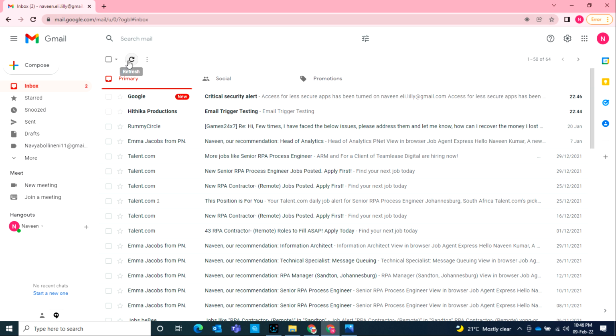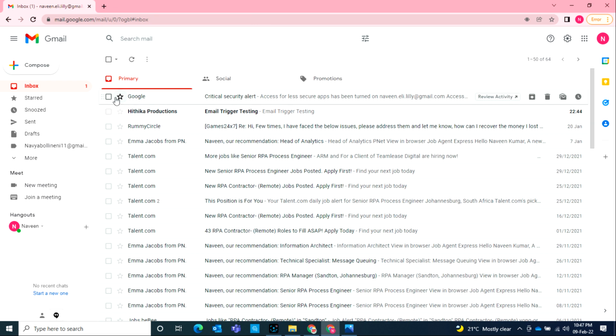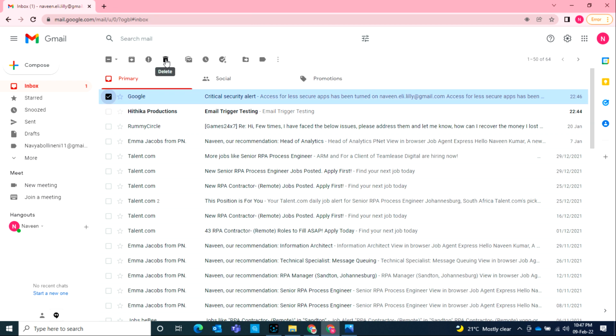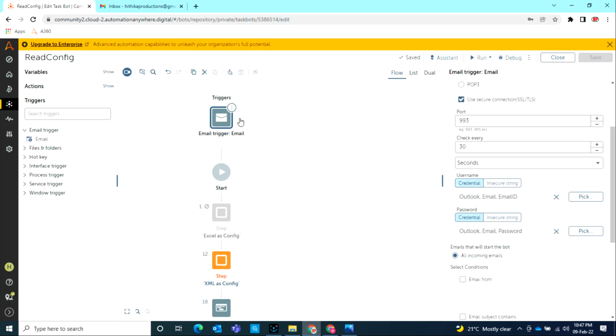Now, yeah, sorry. Now we got what I mentioned, right? Now we got that notice: access for less secure apps has been turned on. Okay, it is saying we just turned it on. But usually we used to get a critical security alert from Google that something is trying to access your mailbox. Now I'm just running it again with the trigger,